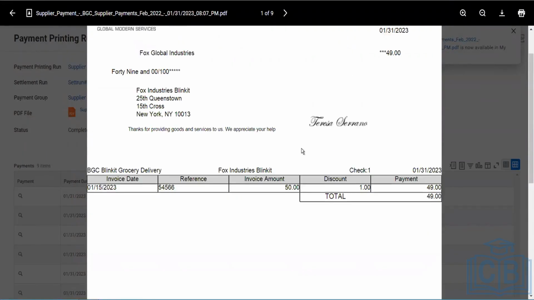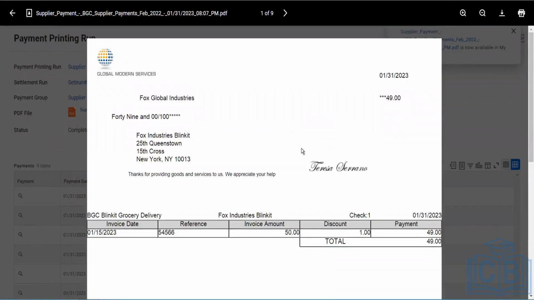And suppose we are printing check here. It doesn't mean the check has been printed. What will happen now? The AP team will send this check to the treasury team and the treasury team will overnight process the payments to respective suppliers. And as for the invoices,